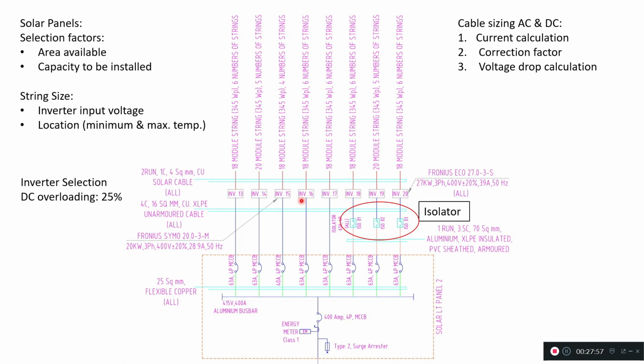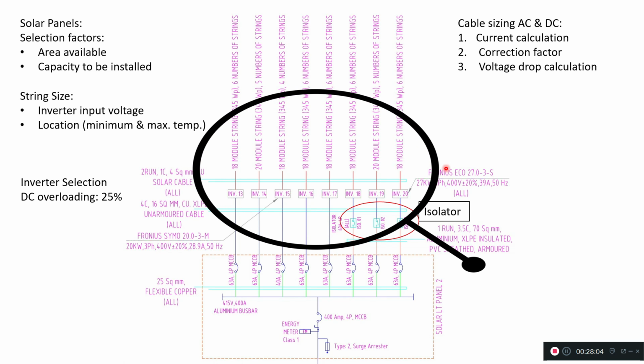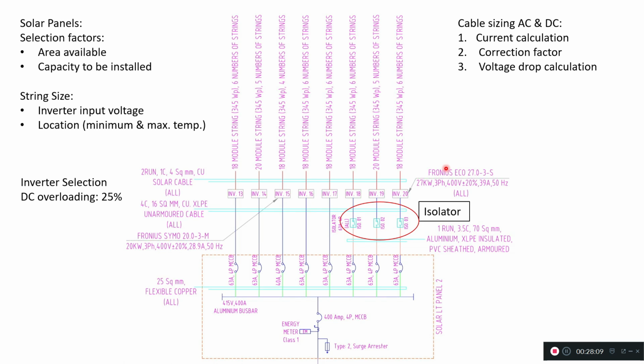But in case of a central inverter, at this particular portion there will be an SMB or DC combiner box where you basically combine a number of strings. I'll just give an example. Almost 20 to 24 strings are connected in parallel or combined in a DC combiner box, and then such 10 combiner boxes, or you can say 12, depending upon the rating of the combiner box, are connected to the input of the central inverter.